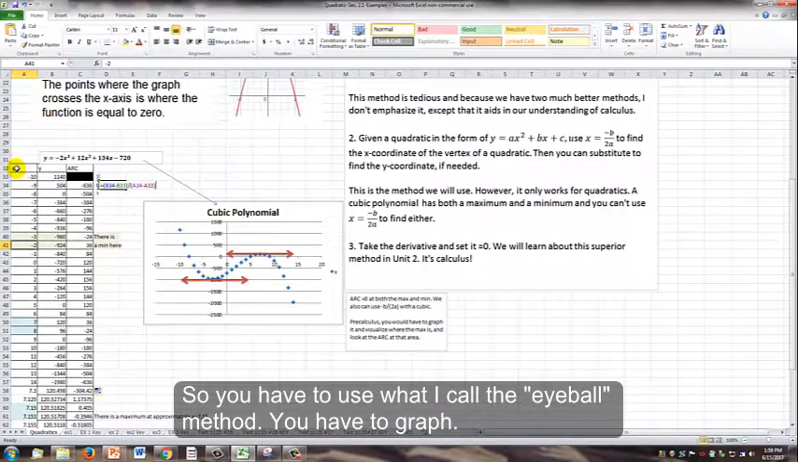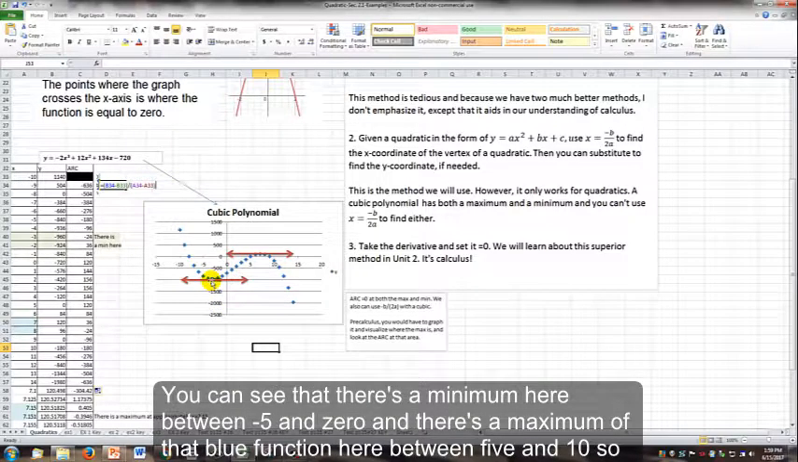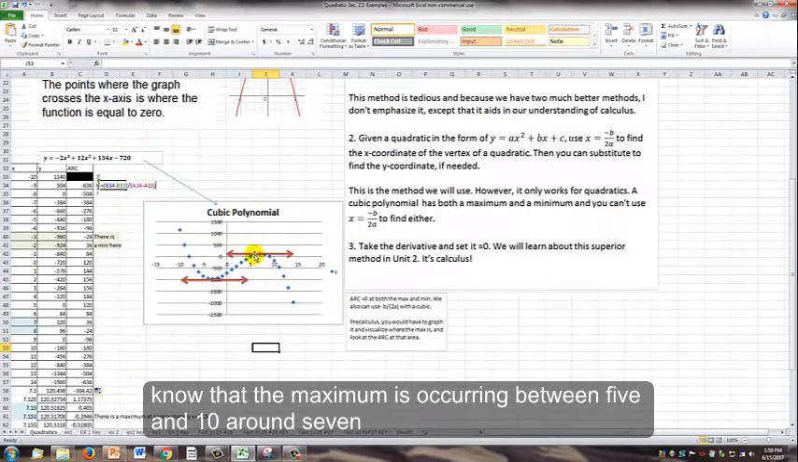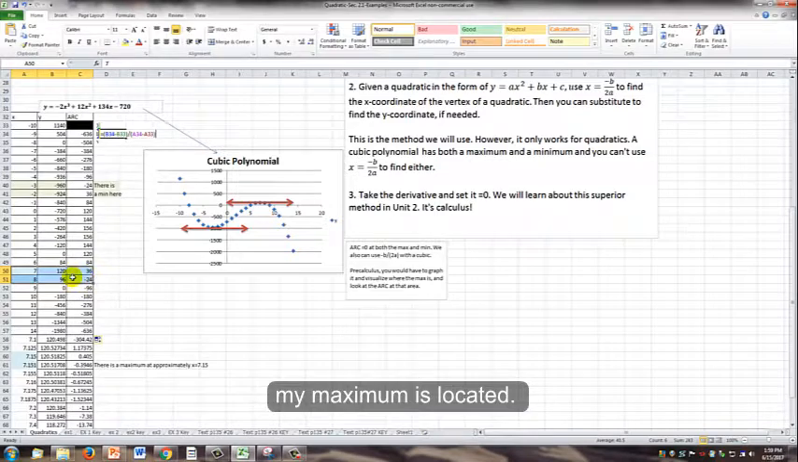You have to graph. So I would select this and graph this cubic polynomial. And the eyeball method, not very sophisticated, but it works. You can see that there's a minimum here between negative 5 and 0, and there's a maximum of that blue function here between 5 and 10. So once I know that the maximum is occurring between 5 and 10, around 7, then I'm going to keep looking, and I see a 36 here and a negative 24 here, and that is where my maximum is